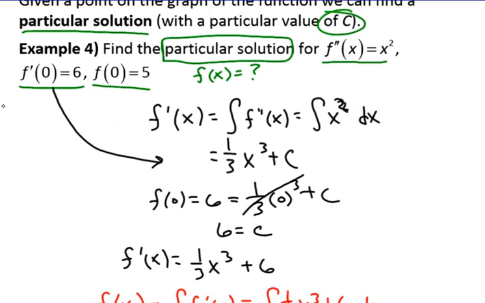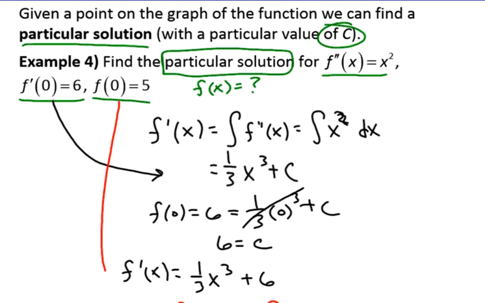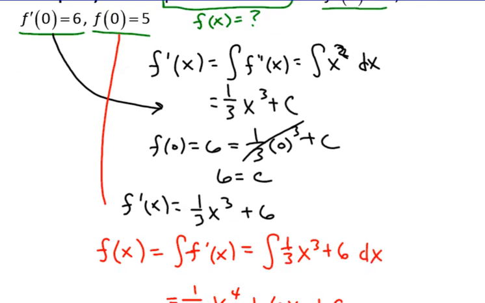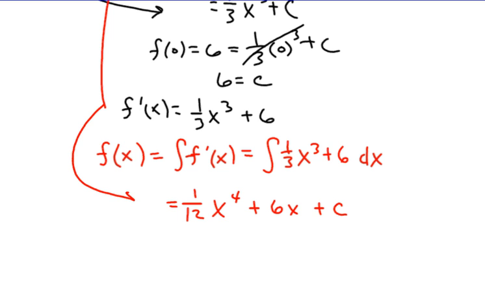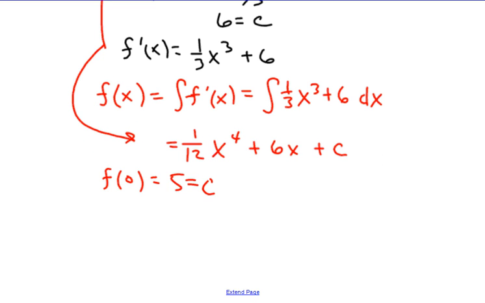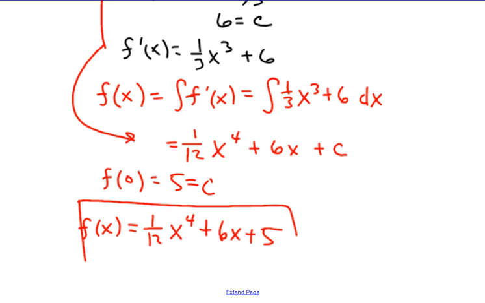So we go back to find a particular solution and use our point 0, 5 down here. So f at 0 is equal to 5, which is equal to, the x's would all cancel out, so that's equal to my c. So then my final answer would be, yes, you do have to rewrite your final answer, 1/12 x to the 4th plus 6x plus 5. Okay, and that is our basic anti-differentiation for indefinite